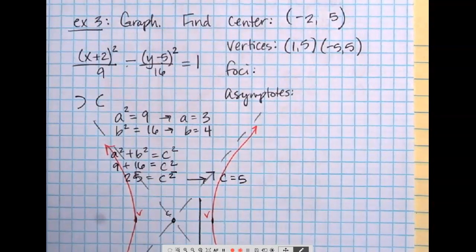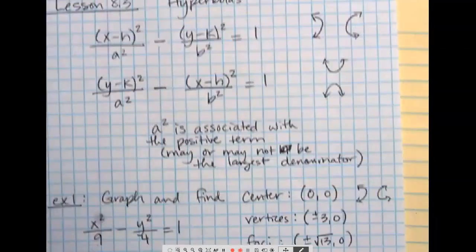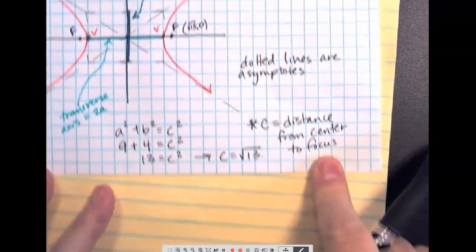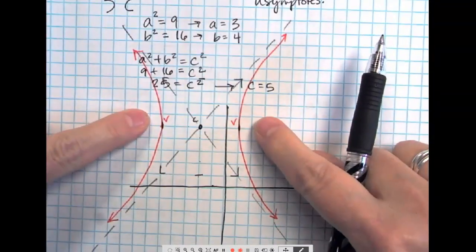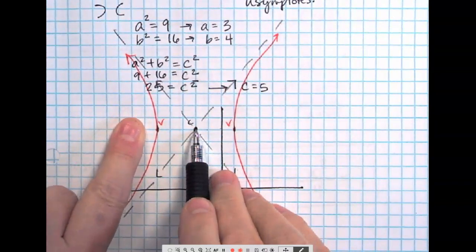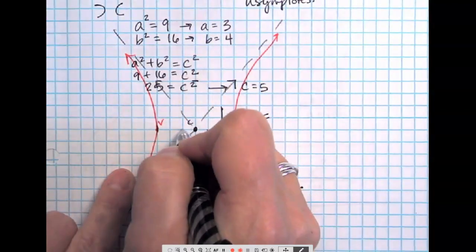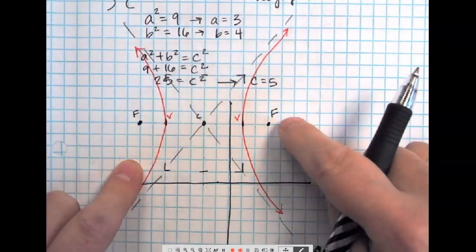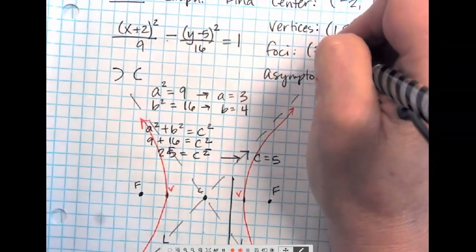And now for the foci. Okay, so we got a c value of 5. Remember that c is the distance from center to focus, right? The foci are inside the curves. So the foci are going to be somewhere right in here. But I have to go 5 units, because c was 5, from the center. So 1, 2, 3, 4, 5, there's a focus. 1, 2, 3, 4, 5, there's the other focus. Okay, what is that ordered pair? 3, 5. Wait, how did you